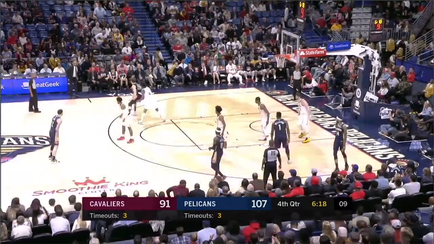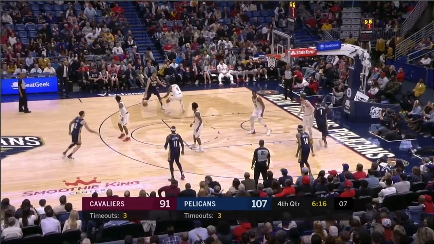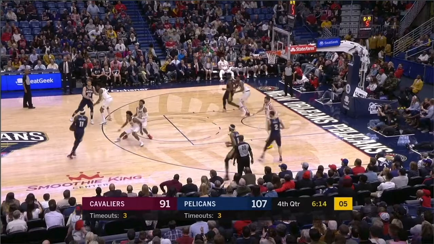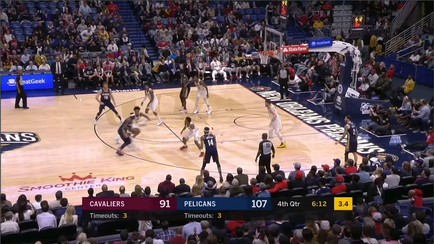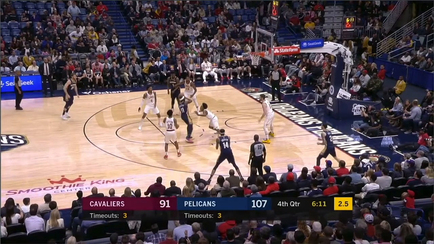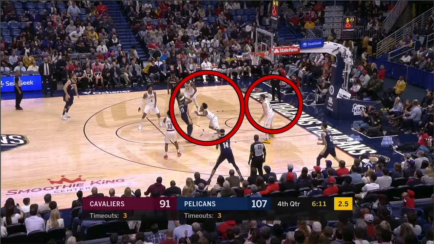Mistake number 2 is there actually is good gap defense here. Watch this. You got to wait here, but here comes Jrue Holiday. Look at this defender right here. This defender for Cleveland's doing a great job. He's in the gaps defensively, right? He's going to stunt, get this dribble picked up early, okay? And there's no driving lane for Jrue Holiday. But look at this. What is Kevin Love doing? Everything's good. Like, you're playing him straight up one-on-one. What are you doing? He's going to help for I don't know what reason. We got Jrue Holiday's dribble picked up. Like, everything's good.